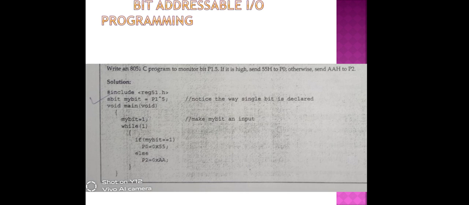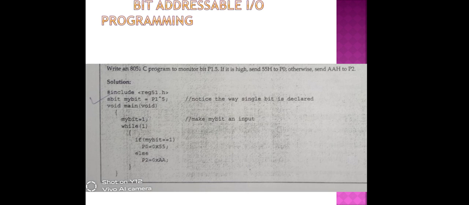While the input is high, while(1), opening curly bracket, if mybit is equal to 1, then send the value P0 is equal to 0x55.